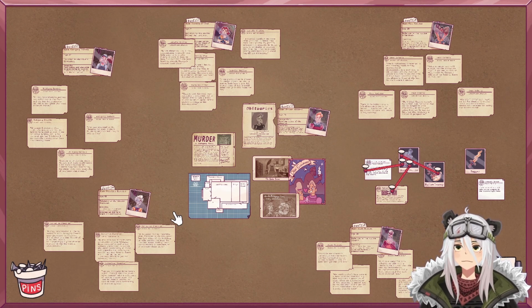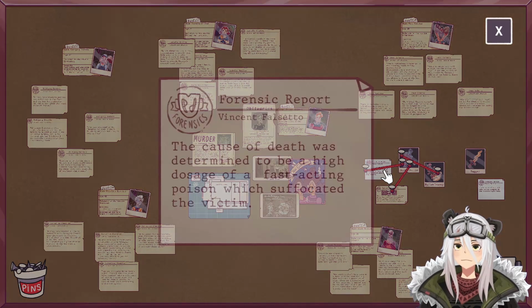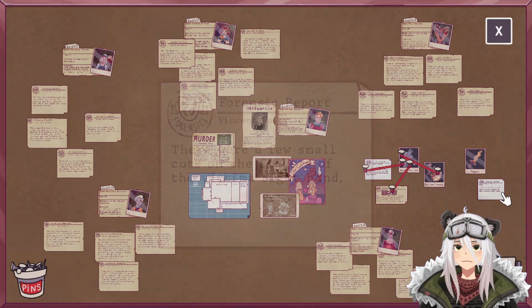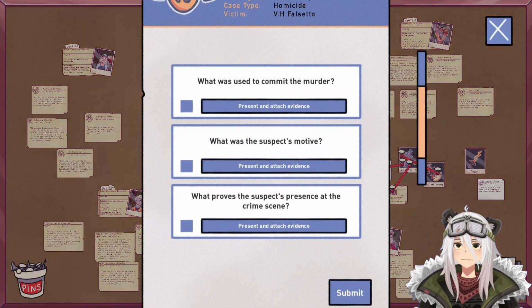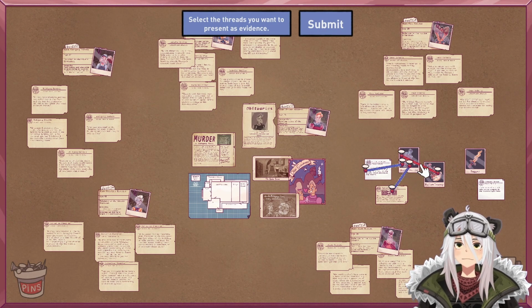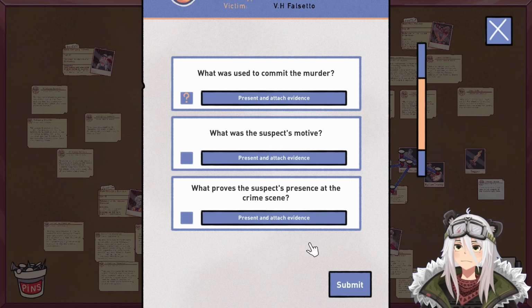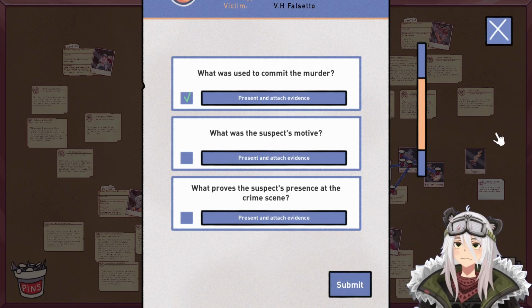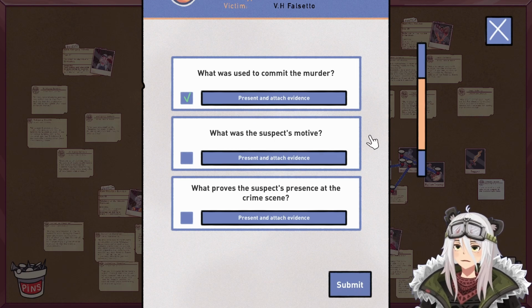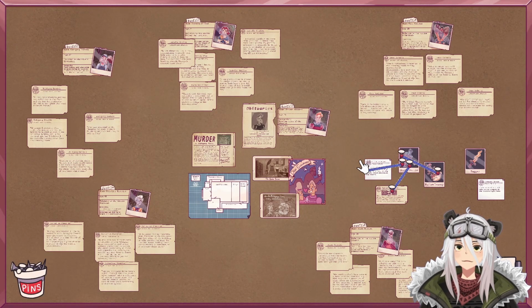Assume it's like that, right? Do I have to connect it to death? Or no? No, the forensic report should be enough. So let's see. Submit. Okay, cool. Oh, I guess it doesn't matter. I hit submit, but I didn't do any of the other things, but that's fine. We got that one right. So,